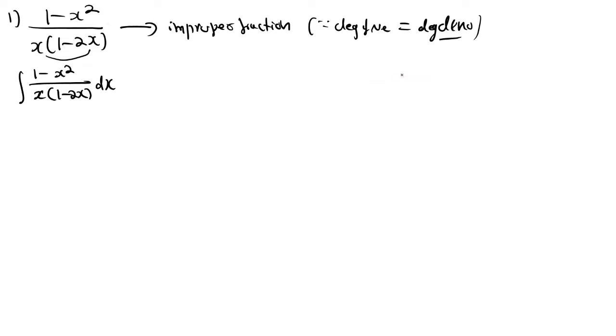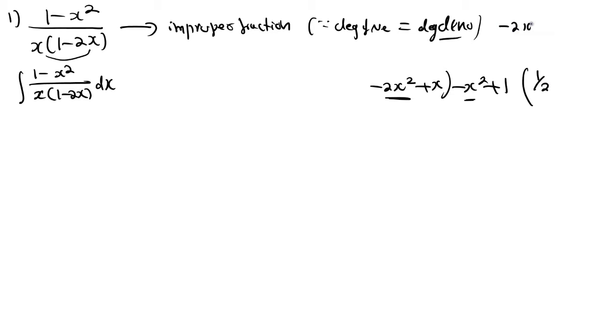So first convert it into proper fraction. So divide, see, 1 minus x square by, here multiply, x into minus 2x is minus 2x square and x into 1 is plus x. Okay, you need to cancel this term minus x square. For that reason, or you can write it as minus x square plus 1. Okay, minus x square plus 1. Here minus 2x square is there. Here minus x square is there. How to cancel that one? Multiplying by 1 by 2. What you will get? 1 by 2 into minus 2x square.